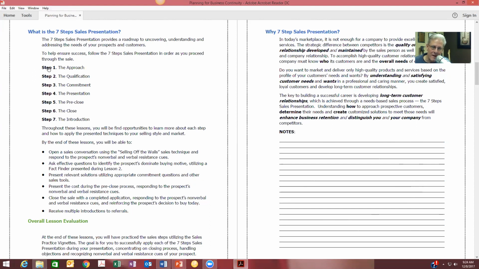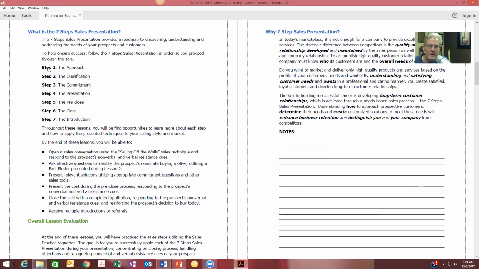Remember, the mistake I made, the mistake I think a lot of you make, is we get trained on a product and we go out looking for someone to buy the product. And what we should be doing is be proficient at our product and be out there looking for someone that was willing to have a conversation with us. And that takes us into the qualifications.